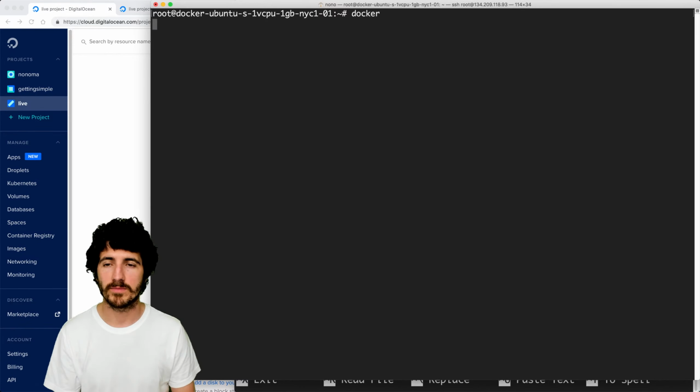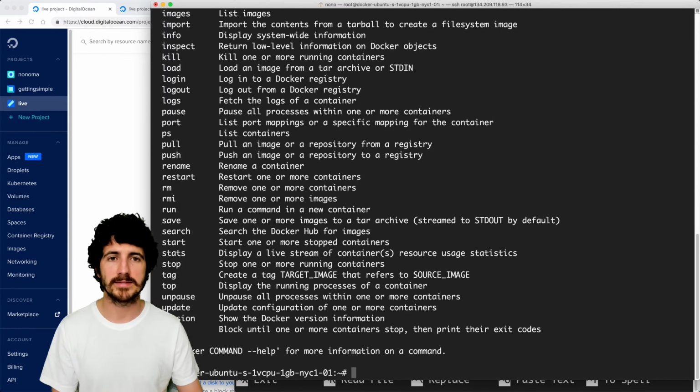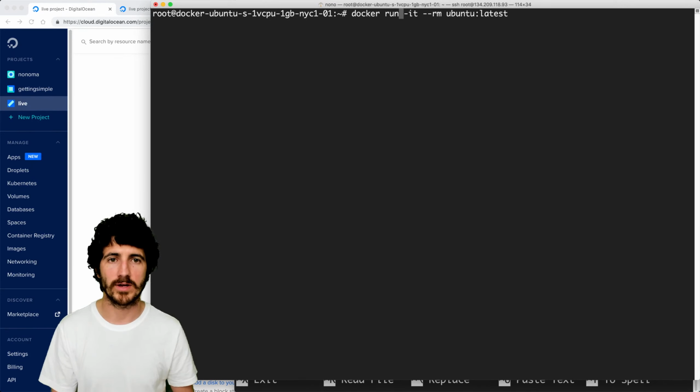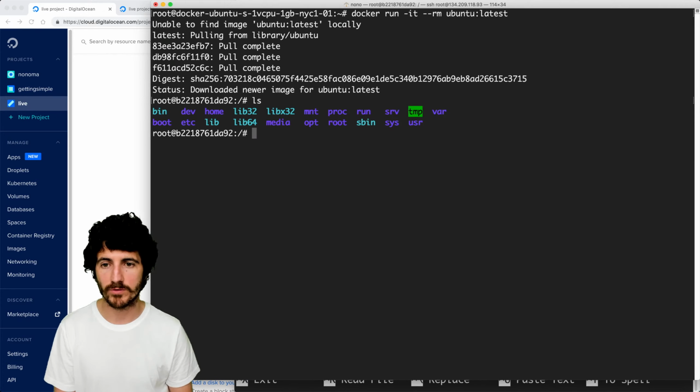We can do as we did before, docker run -it --rm ubuntu:latest. It pulls those images really quickly, and then we're running, and now we have a new Docker container running here that we could use as before.